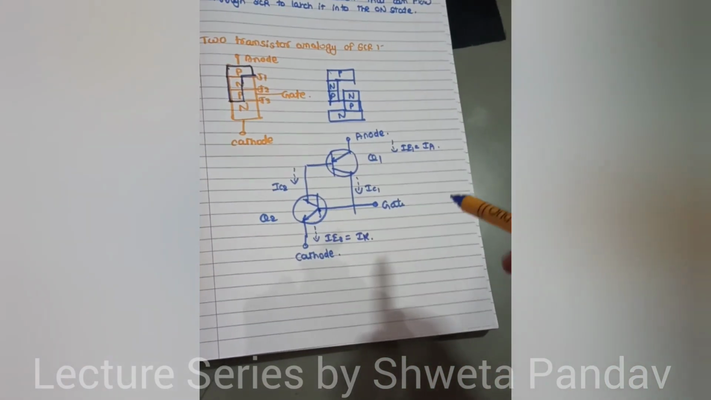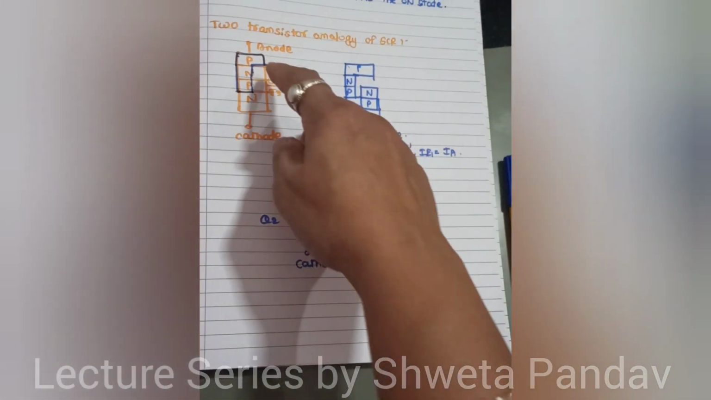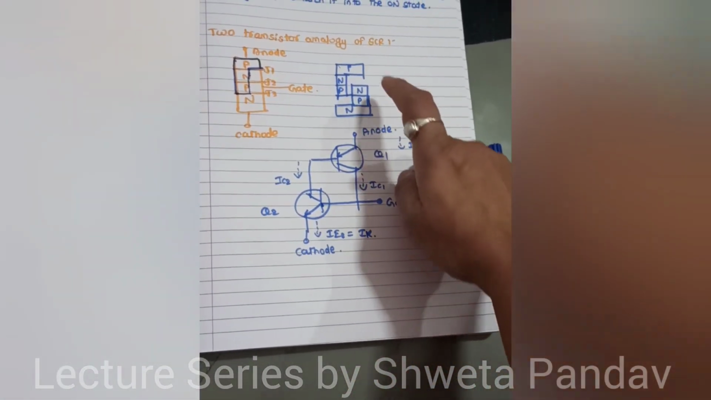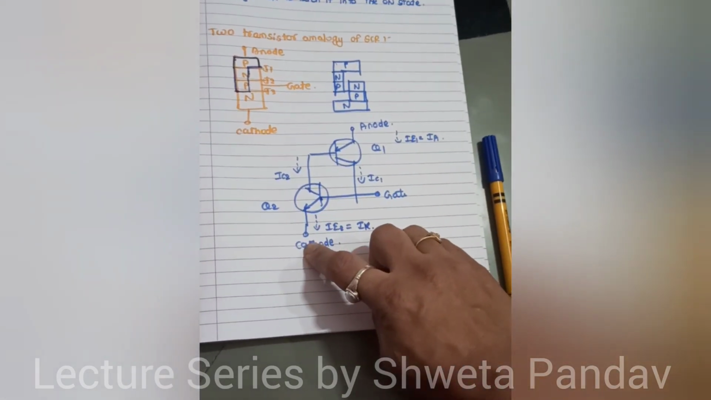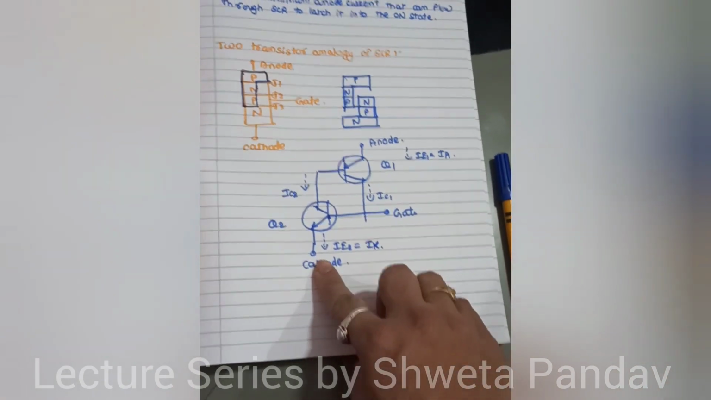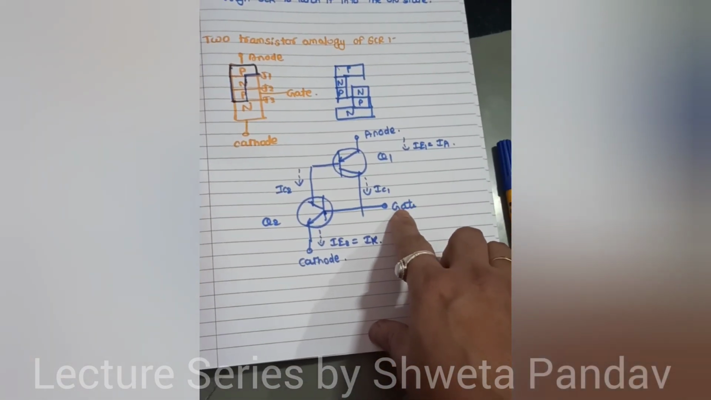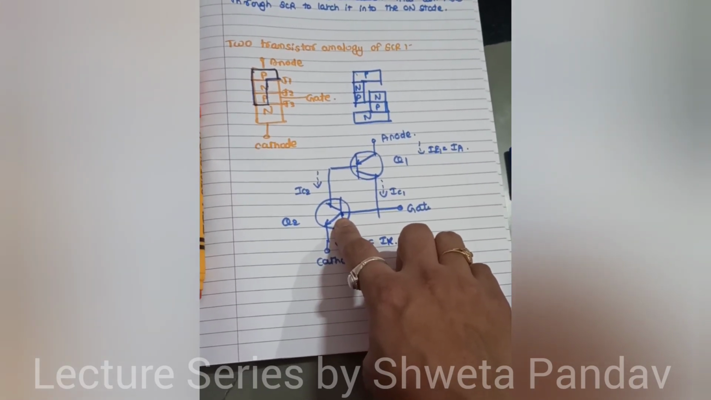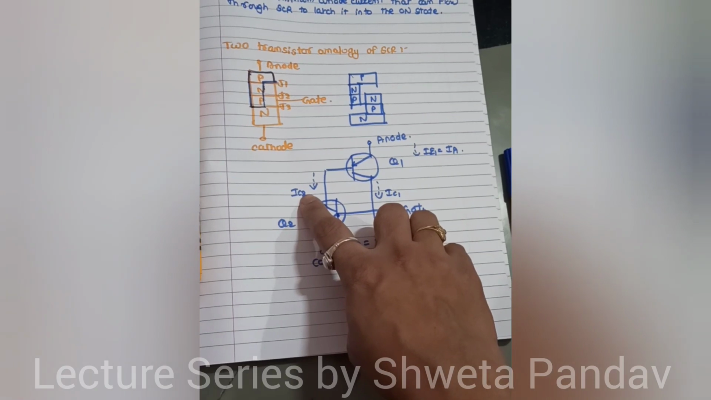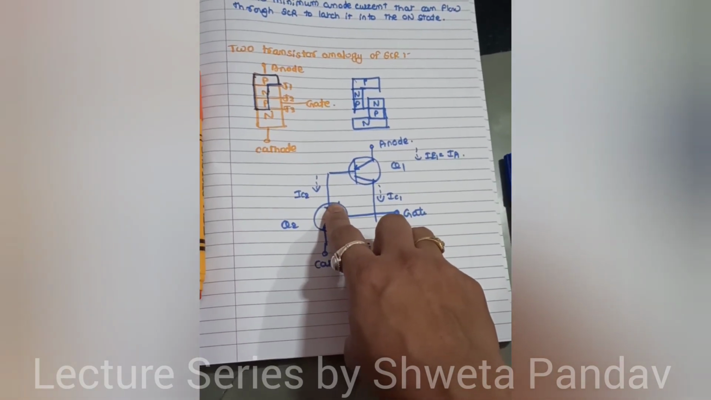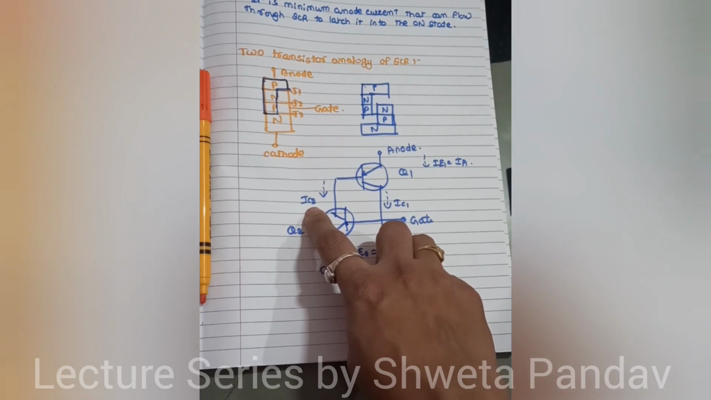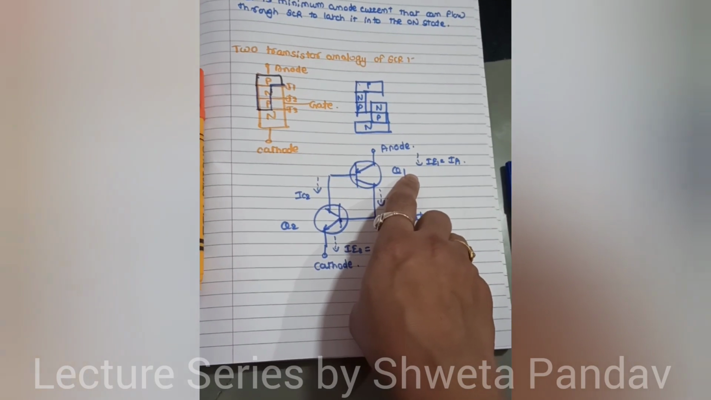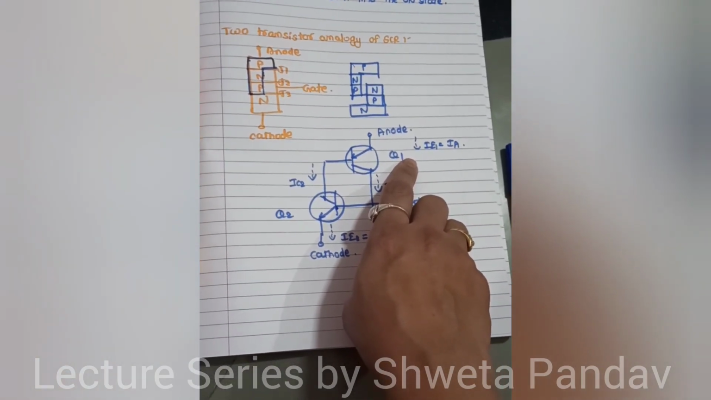So this is the two transistor analogy of SCR, where the SCR is replaced with two transistors Q1 and Q2. One is a PNP transistor and the other is an NPN transistor. When I apply the gate signal to the base of transistor Q2, then Q2 will turn on and the collector current IC2 will flow through Q2. This IC2 is nothing but the base current for the Q1 transistor. As soon as we get the base current for Q1,